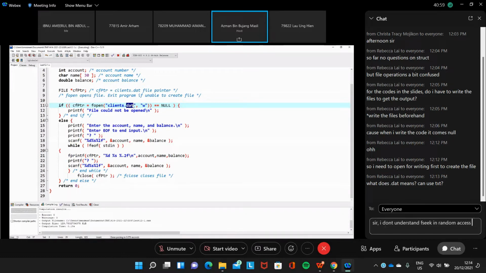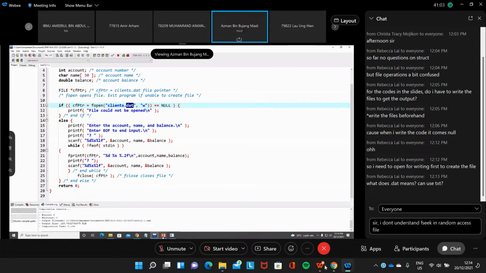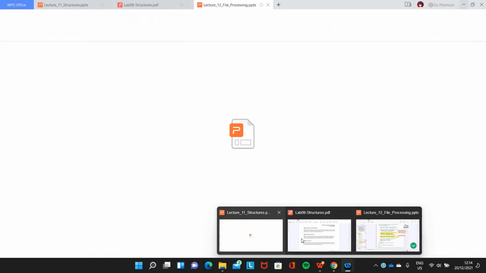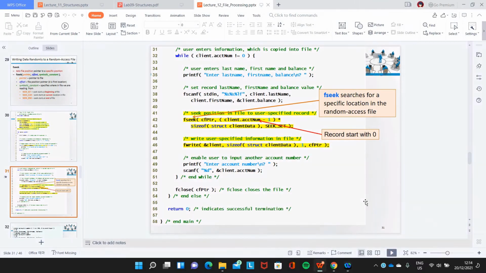So what makes your file different? It depends on how you open your file. For example, here, this one is for you to open a text file, a text file that we can read, where we can actually see the content of the file.